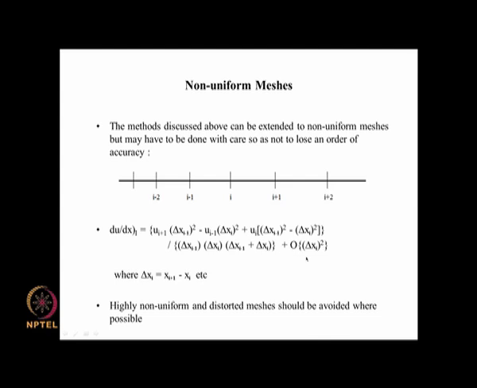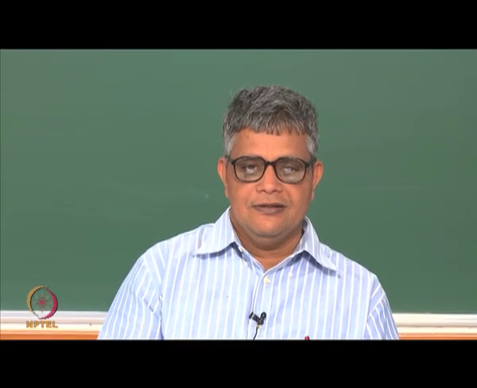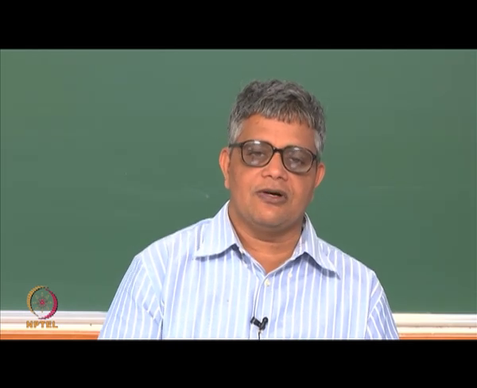because this expression here is formally second order accurate, but let us say that delta xi is much greater than delta xi minus 1, okay. So, in which case this term will be very small, so it is negligible, and this term will be very small, negligible, and it boils down to a first order accurate formula, okay. So, although it is formally second order accurate, if you have large changes in delta x, then it could effectively function as if it is a first order accurate formula and not a second order accurate formula,